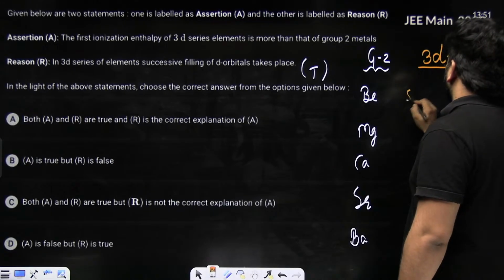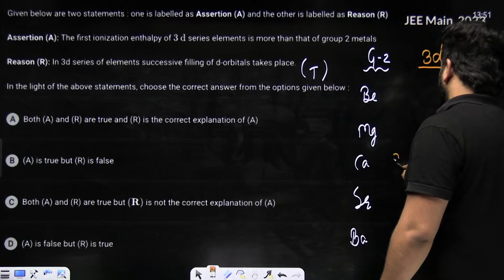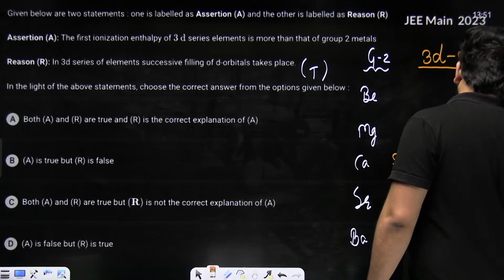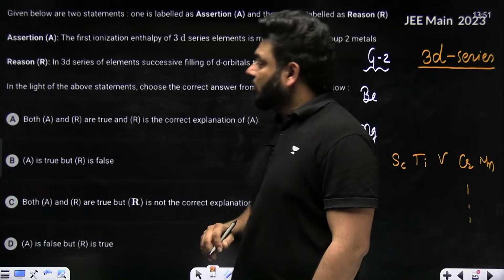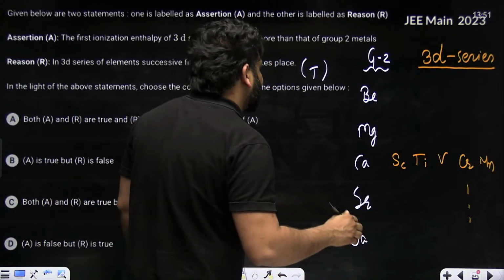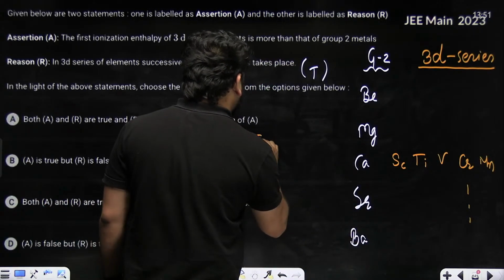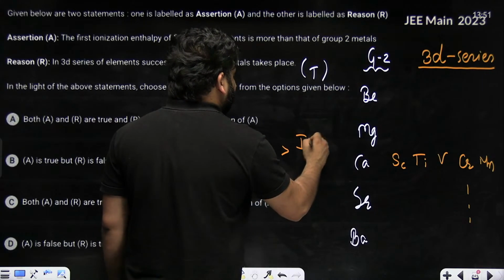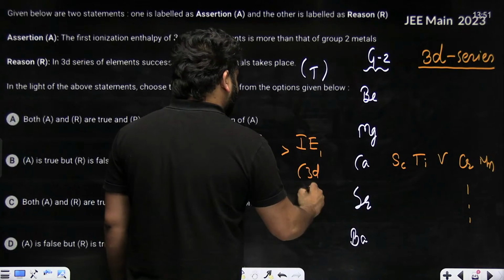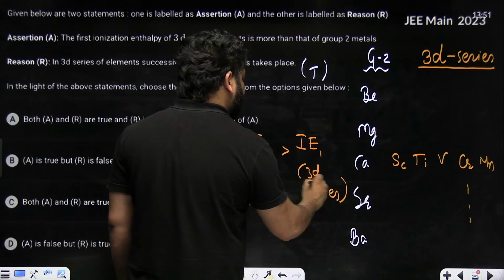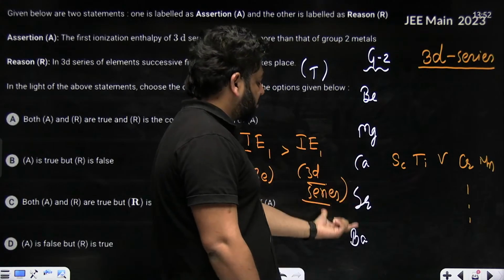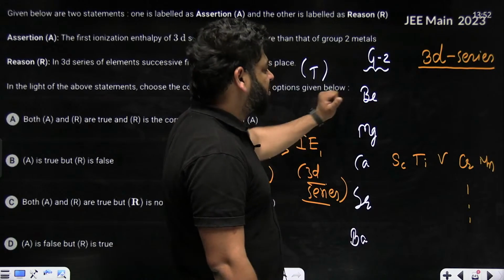They are written like this: scandium, titanium, vanadium, chromium, manganese, cobalt, nickel, copper, zinc. But you will see that ionization enthalpy 1 for beryllium is higher than the ionization enthalpy 1 for the 3d series members. They might be having higher ionization enthalpy than calcium, strontium, barium, but not than magnesium and beryllium,